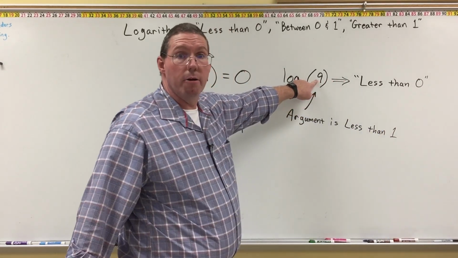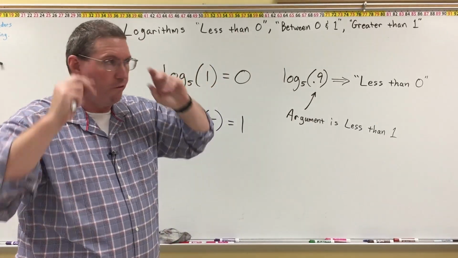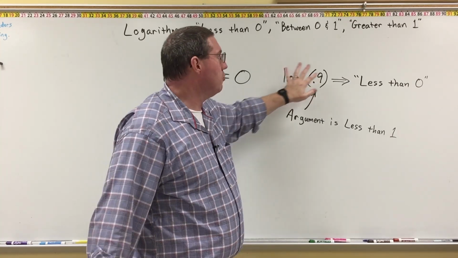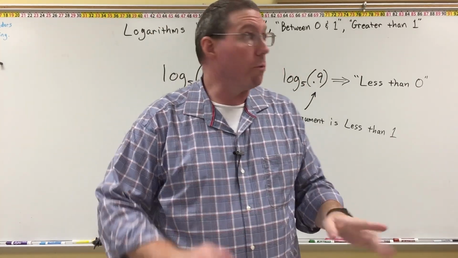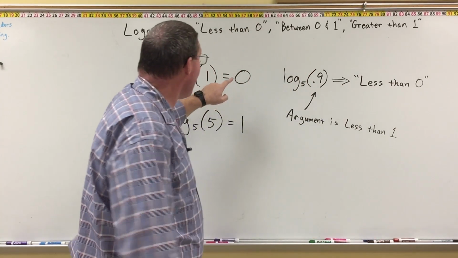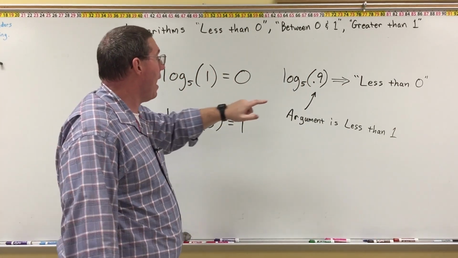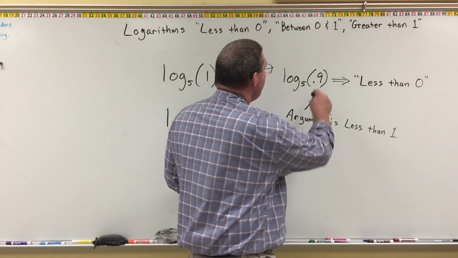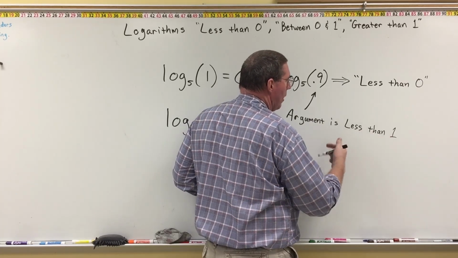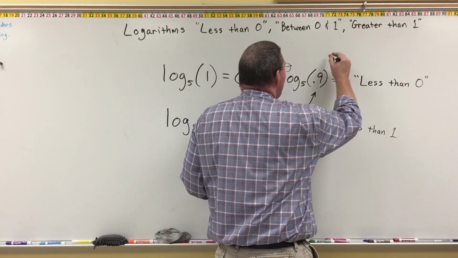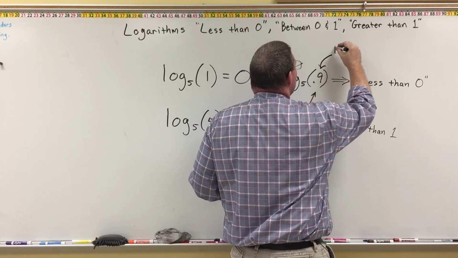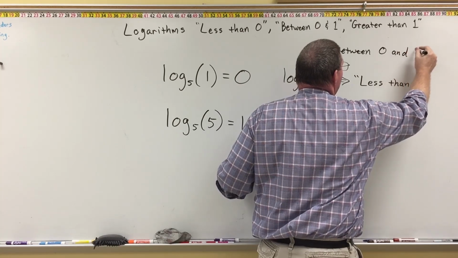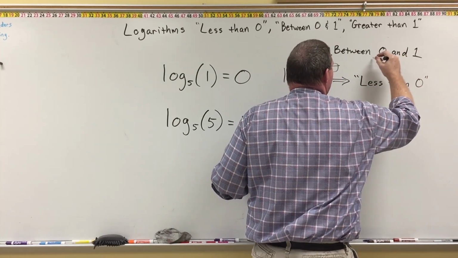Now don't get confused with something I said before. This number in here has to be a positive number. We can't do logarithms of negative numbers. Logarithms can have an answer that's negative, but they cannot have an argument or a product that is negative. And so if the argument in here is less than 1, and it also has to be larger than 0, so basically if that number in here is a decimal between 0 and 1, then your answer is